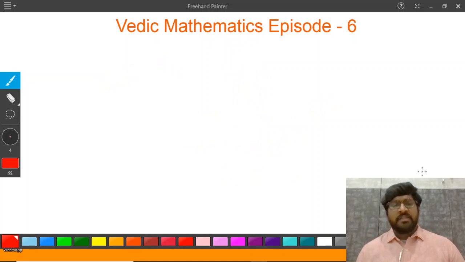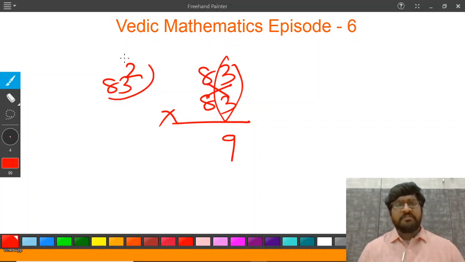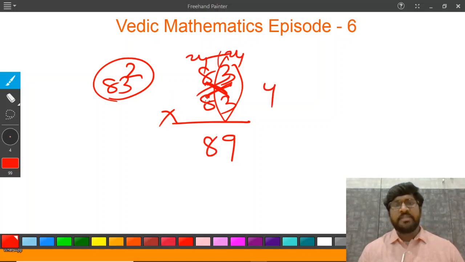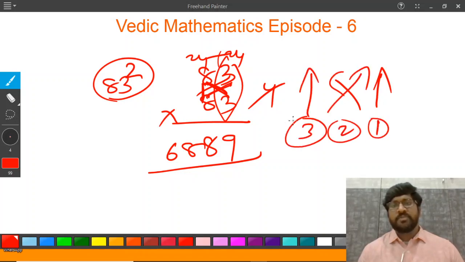One more. Let's say you are interested to find 83 square. 83 square is nothing but 83 into 83. 3 3s are 9, no carry here. Next diagonal 24, 24. As I told you, in finding squares, both diagonals are always the same. 24 here, 24 here, I need to add, 48, so 4 carry 8 here. Next last vertical 8 8s are 64 plus 4, 68. It's like vertical, diagonals, vertical. Step 1, step 2, step 3.